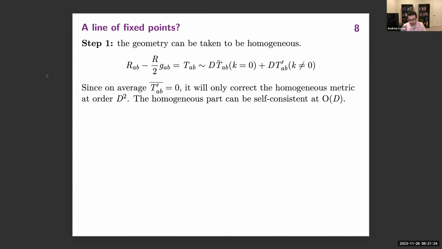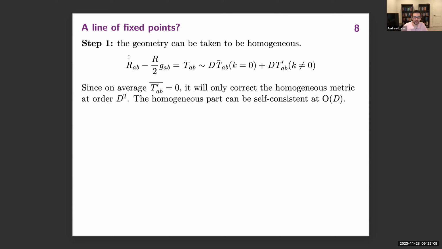So if the disorder is random at each Fourier mode, there will be a psi of k, psi of minus k mode that contributes to a homogeneous stress tensor, and then a psi of k prime mode that contributes to an inhomogeneous part. These two terms are of the same order, so they're both of order d. Now, on average, the inhomogeneous part vanishes, because we've taken the disorder profile to be featureless, so only the k and minus k modes have a non-zero average. And what this means is that we can think of this T prime as itself a perturbation to R minus R over 2 G equals d times the homogeneous stress tensor.